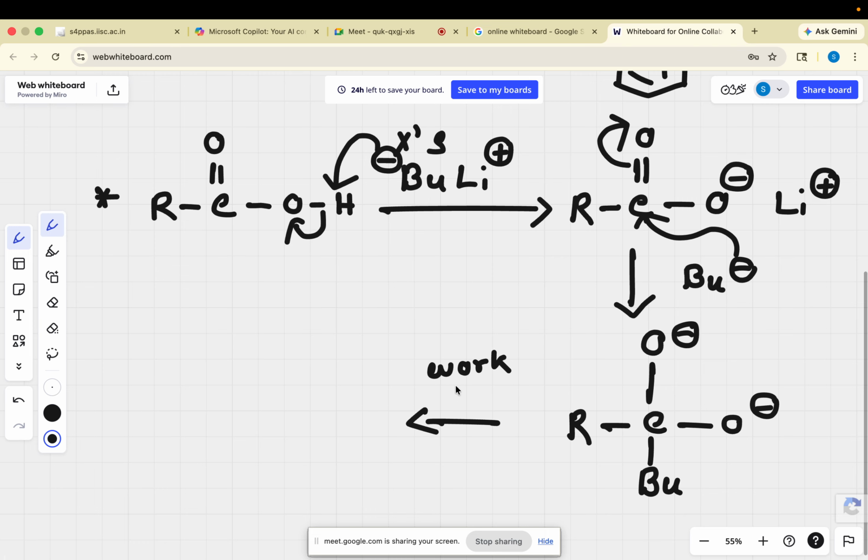Can you switch off your mic? Otherwise in the recording also the background noise will come. Okay,